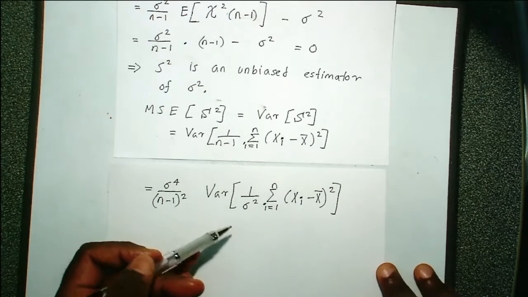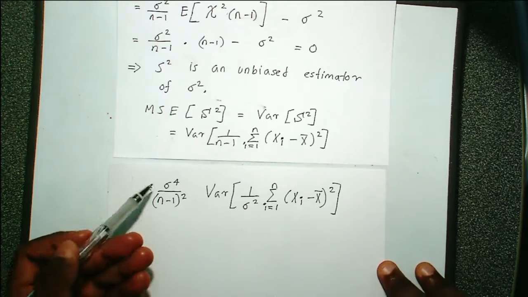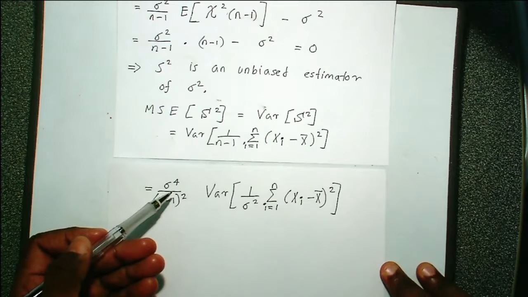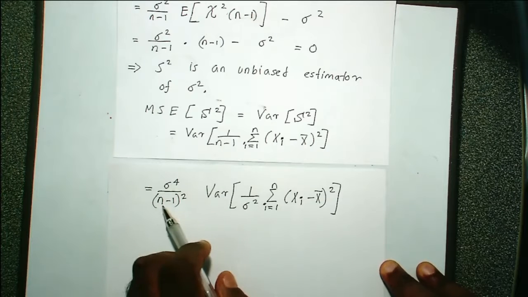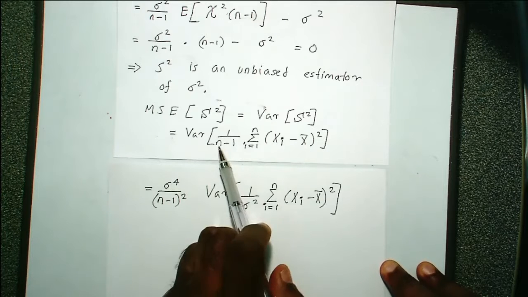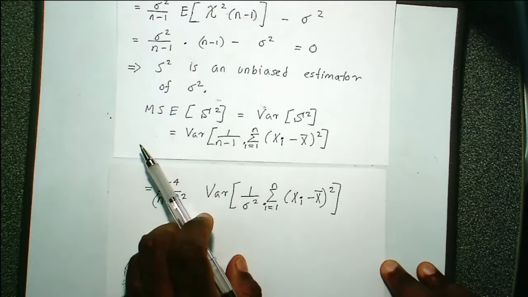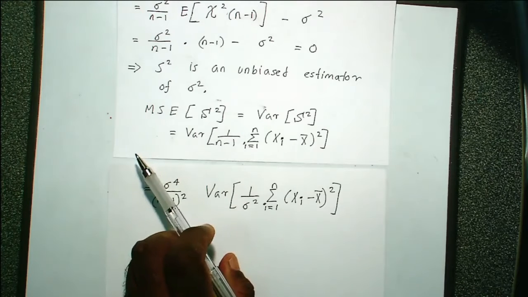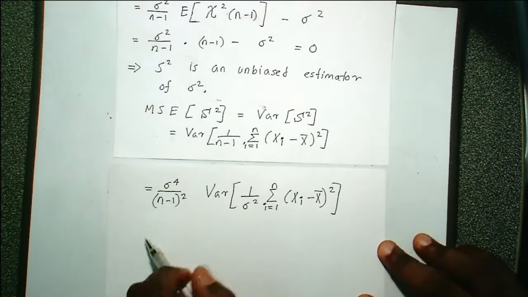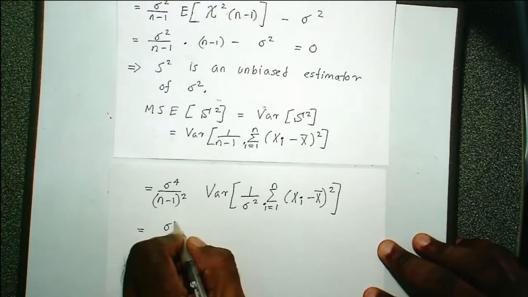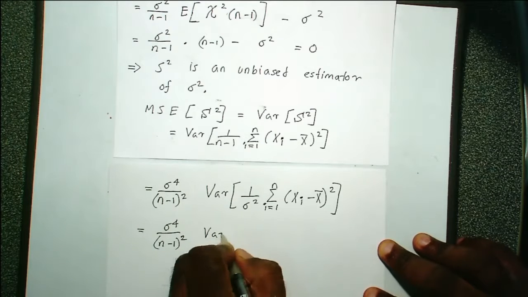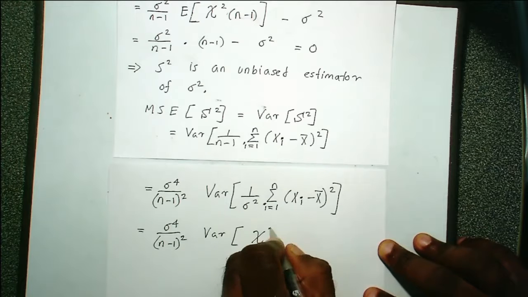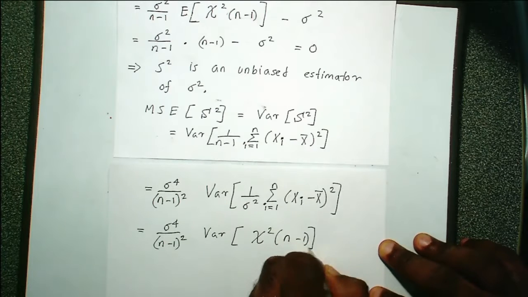Because I introduced sigma squared inside, I need to multiply by sigma to the power 4. That's because when you pull a constant outside, you need to square it. And the same reasoning for the n minus 1 squared, because when you take the n minus 1 outside, it becomes the square of it, which is n minus 1 squared. Right? So this is sigma to the power 4 divided by n minus 1 squared